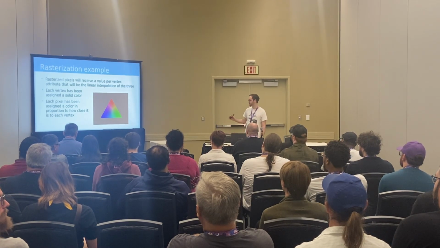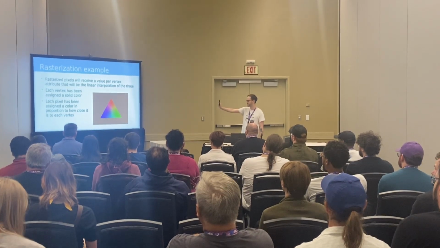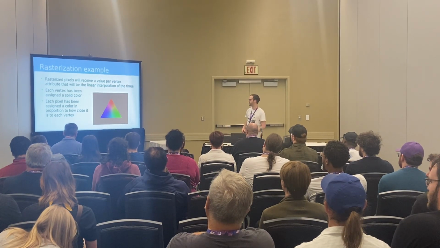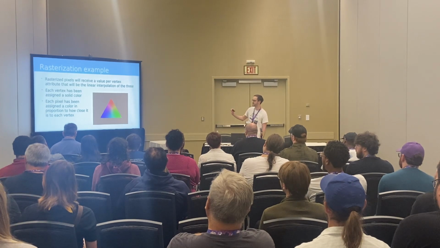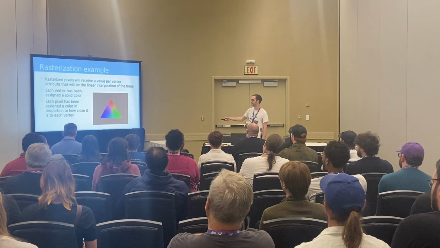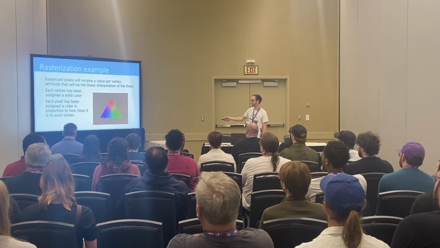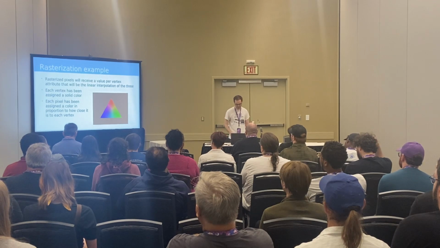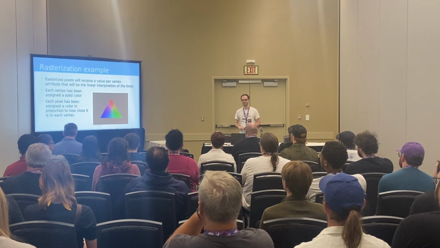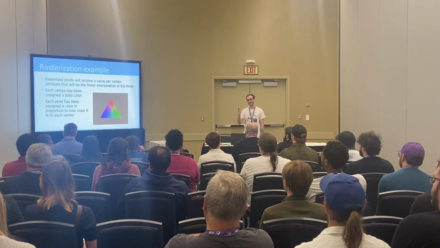In the example here, each vertex has been assigned a solid color: solid red, solid green, and solid blue respectively. And then you can see how every single pixel inside this triangle is getting a slightly different color value based on where it is in the triangle relative to the vertices. So a pixel right down there is going to be extremely blue, but near the middle is going to be very much a blend of the three colors. This is a very fundamental concept, because these interpolated values are the input to the next stage,